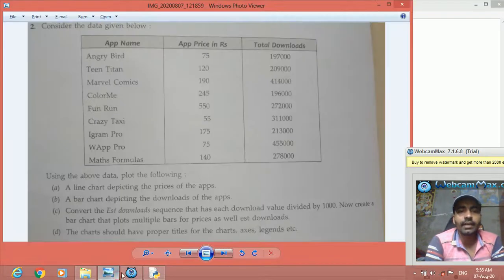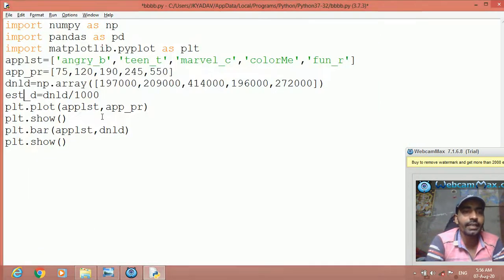Then it is asking, after dividing, now create a bar chart that plots multiple bars for prices as well as EST downloads. So for that, let us take the x-axis also.